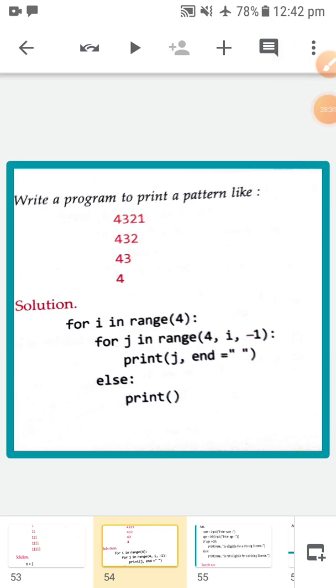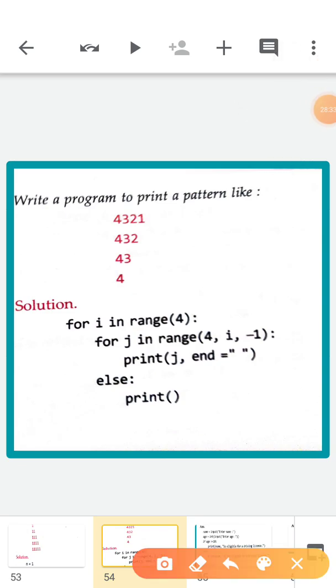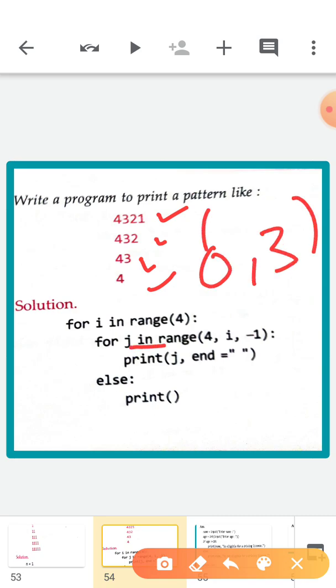Write a program to print a pattern like this. So again i is 4, 1 2 3 4, 4 times it is printing, 0 to 3. So j will start from 4. i is first of all 0, minus 1, so it will give you 4.